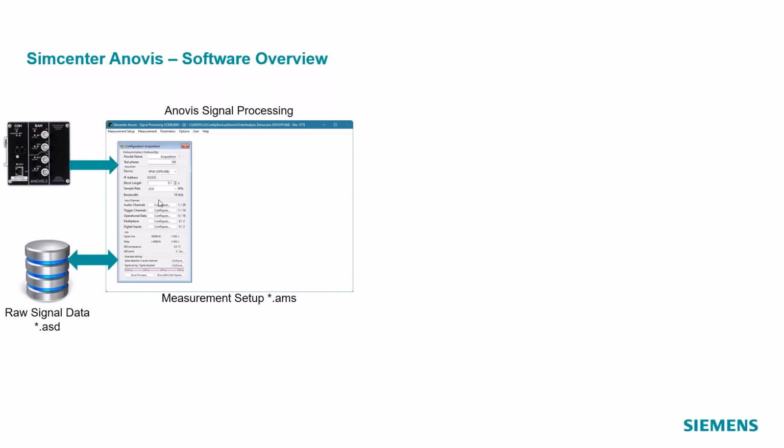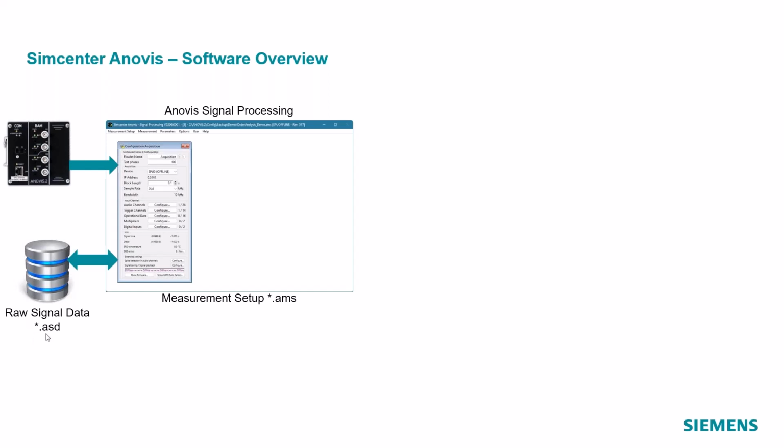Here I can set all the parameters of the recording channels, and this module takes the data from the hardware and puts them into the signal processing. And it also has an interface to a storage, to the disk or network share, where we can store the raw data that we acquire from the hardware together with some meta information in a so-called ASD file.